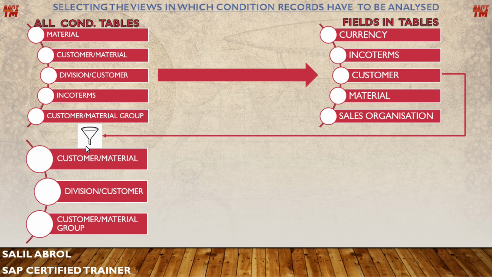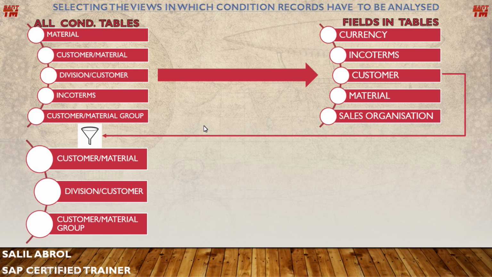That means one way or another I am going to generate the pricing reports on a customer-specific basis only. Like we have already seen in the previous slide, I generated the pricing report structure for customer specific prices. So this is how I reached customer. And if I selected material, then the tables would be customer material, material and customer material group. Then the pricing report would be based on material also. The pricing report would be structured based on the material, like material A, material B, unlike what we saw with customer A and customer B. I hope it is getting clear to you.